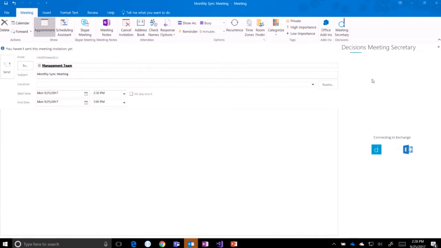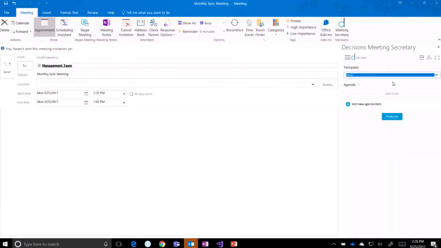It's going to connect to Exchange to get information about that group, and it's going to grab templates that are available for me. So it's got a notion of meeting agendas. I can choose a specific meeting agenda template, like our management team meeting. It'll offer me this custom meeting agenda. So it's extending the notion of a meeting inside of Outlook with a formal agenda. I can even do things like,